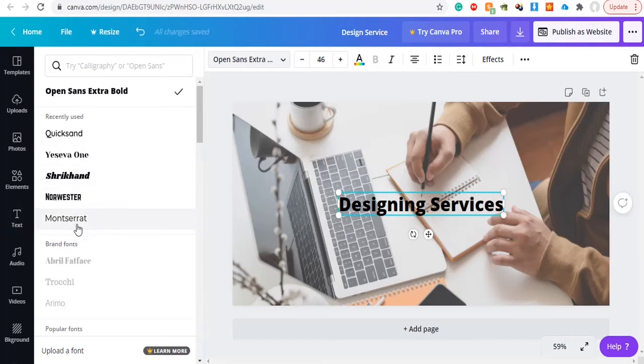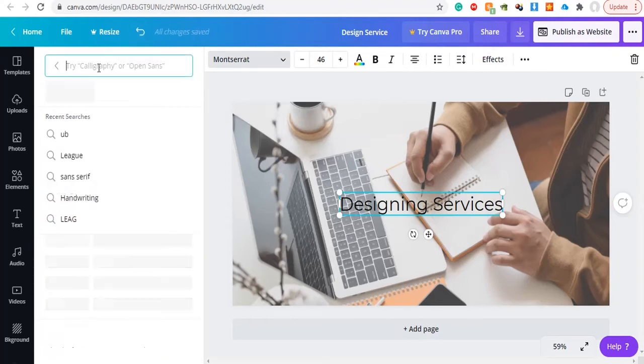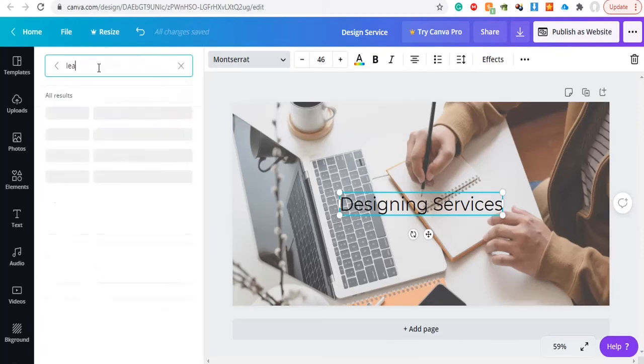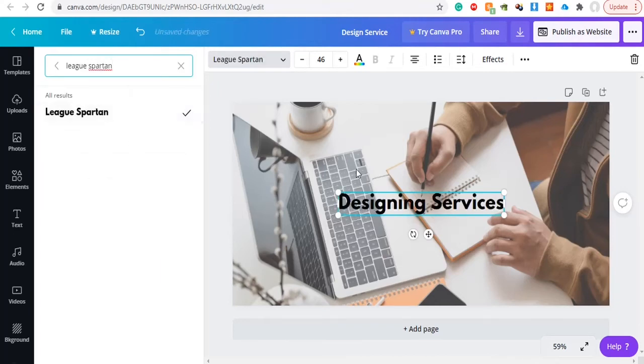You can see there are many fonts, so you can click on any font and see which one is best. You can also search for a font from here. Now let's search League Spartan. This one is right here. Click on League Spartan, and you can see our font has been applied.